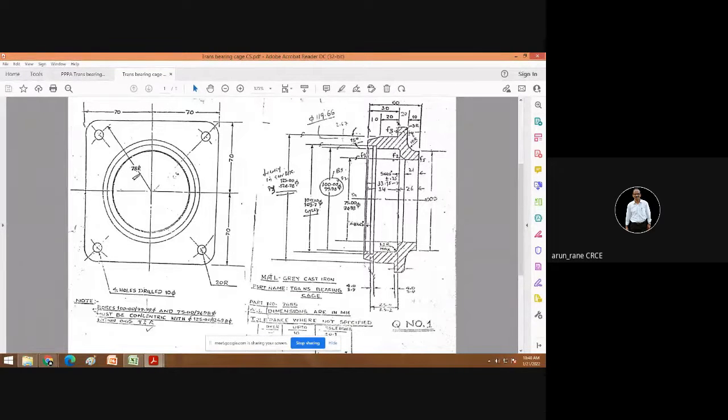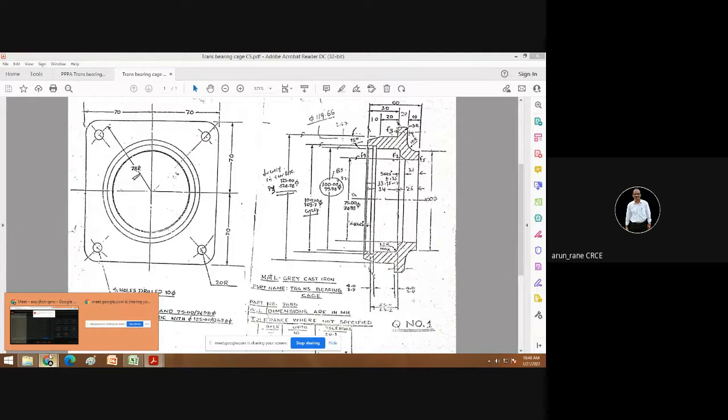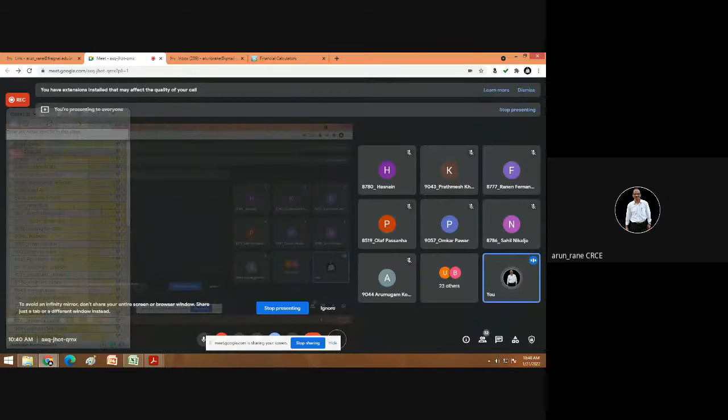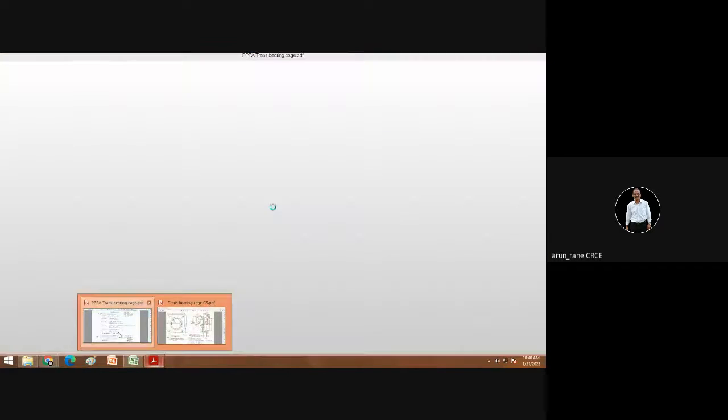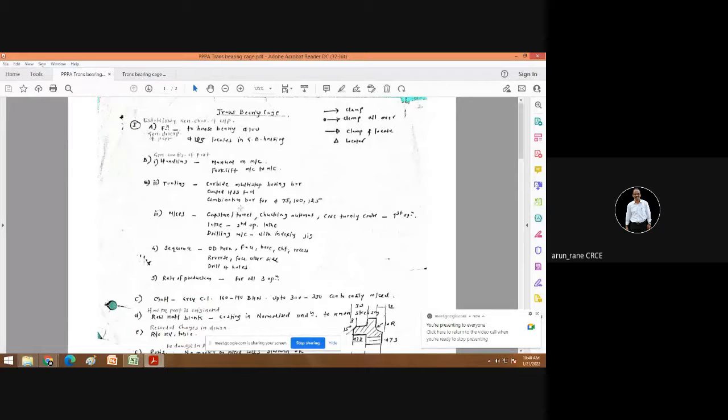That means these 3 ID boring as well as turning are done simultaneously. So again the production will be fast and there will be good accuracy. That is what combination bar is. Combination bar means you are combining these 3 operations simultaneously. Simultaneously, this word is important.